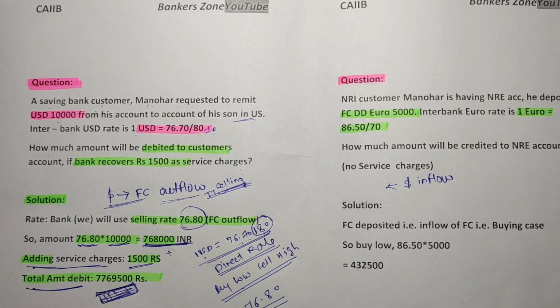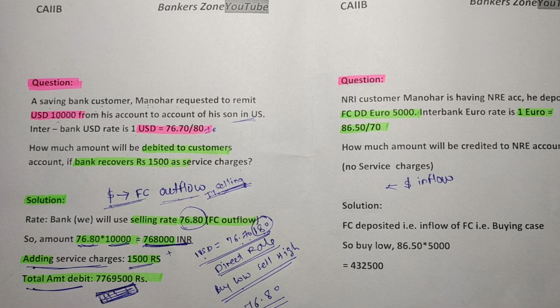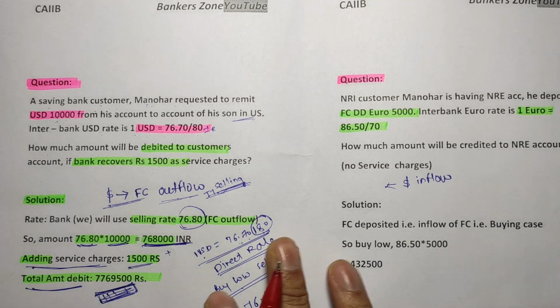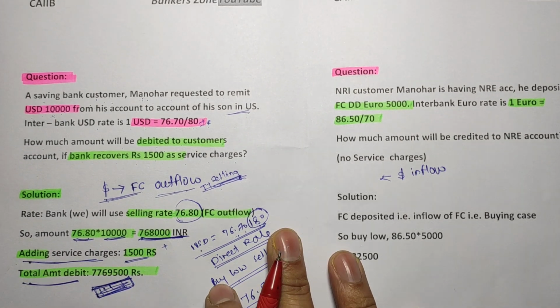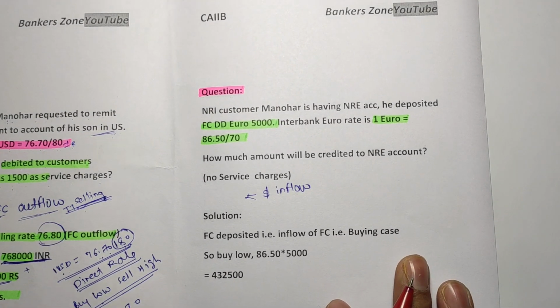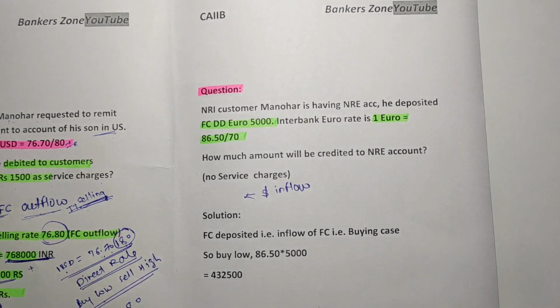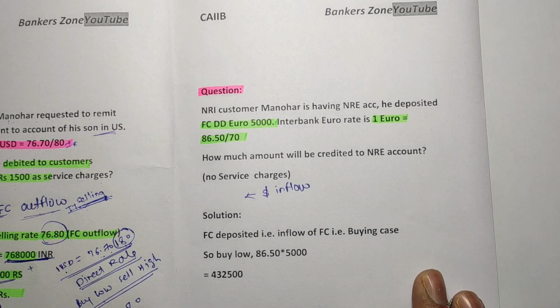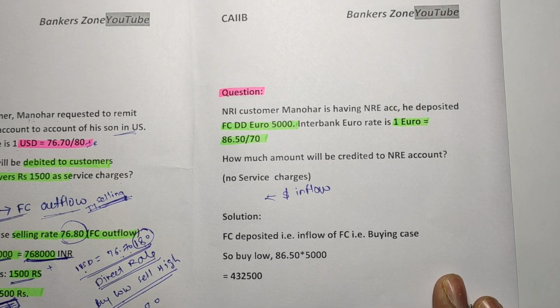Okay, this is very easy example I am taking in the beginning. So when we will move to the next examples, our difficulty level will definitely increase. Now see the second basic example. We have now studied the selling case. In the second example we will study the buying case.